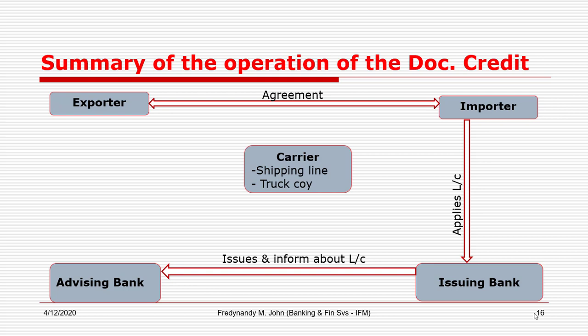Once the advising bank has been informed, it will notify the exporter that a certain bank in the country of import has issued a letter of credit in your favor. For you to be paid, you're supposed to fulfill 1, 2, 3, 4 according to the terms of that letter of credit. If the exporter agrees that the terms of credit really meet their agreement,